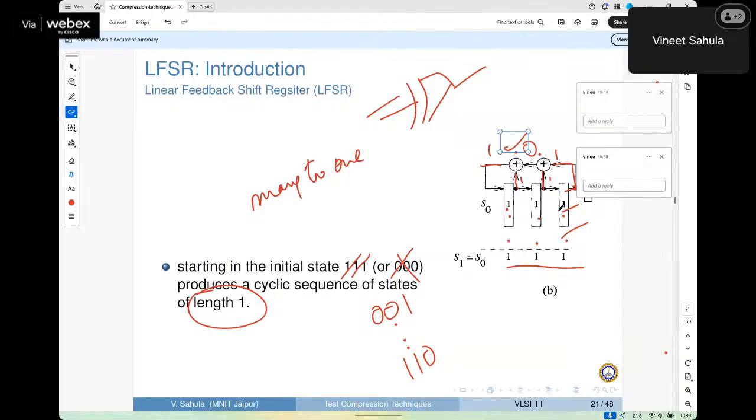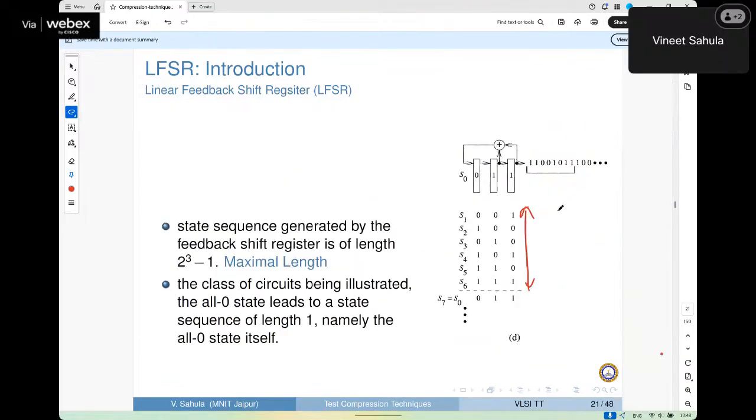For the 3-stage LFSR, it has 2 taps. For this 3-stage LFSR, it has only 1 tap. So the number of taps matters. And here with 1 tap, we are able to realize the largest length sequence,